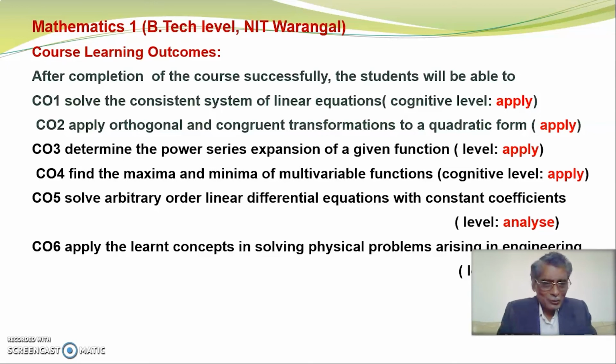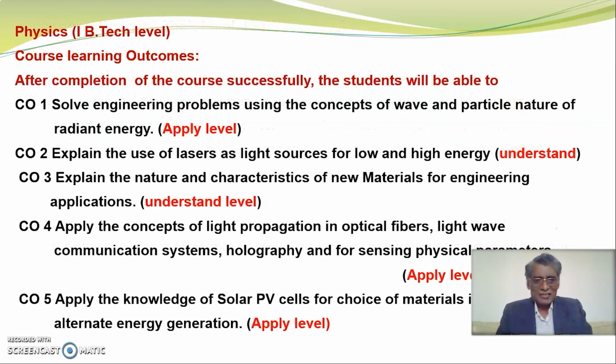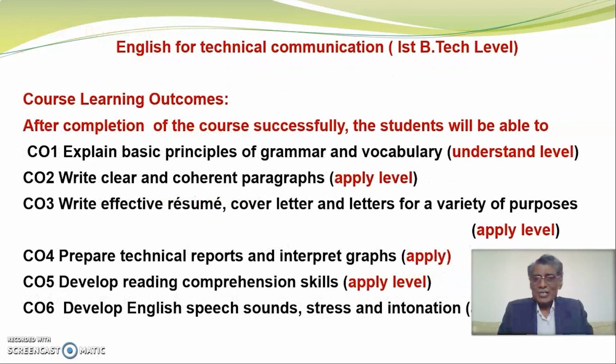See here also, out of 6 course learning outcomes, you have 5 apply level and 1 analyze level. And physics, again first BTech level, you have out of 5, you have 2 understand level and then 3 apply level. Even English for technical communication, you have 1 understand level and then 5 apply level out of